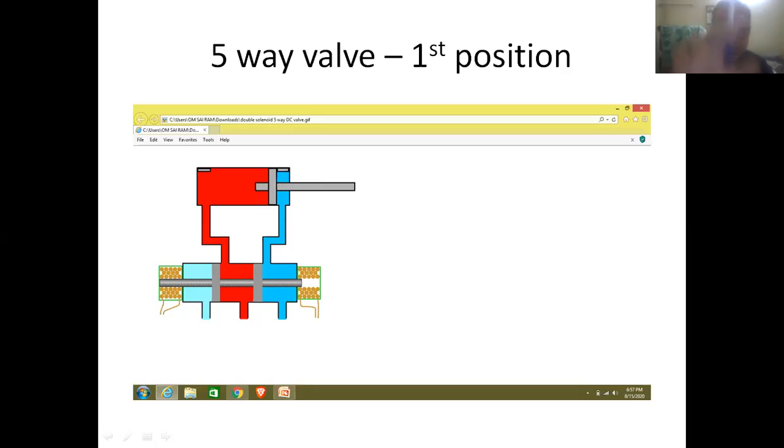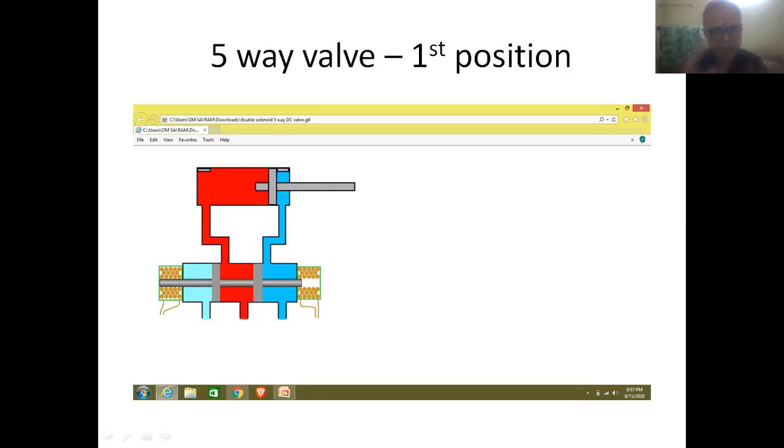So friends, this is the figure which is indicating the first position of this five-way valve. In this position, the inlet will be in contact with the first outlet, the second outlet will be in contact with the second exhaust, and the first exhaust will remain in closed position.